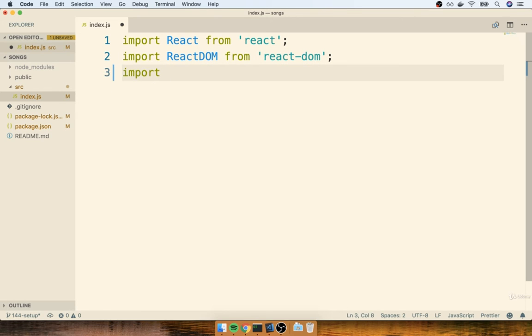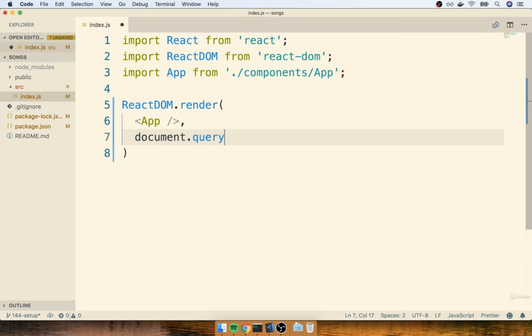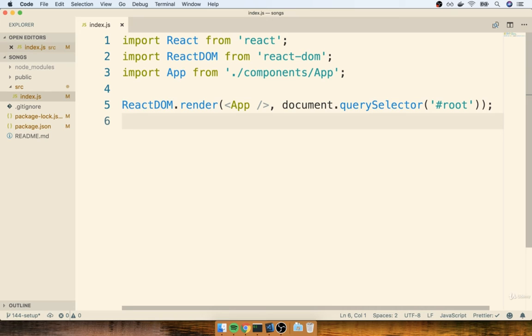And then we don't have an app component or an app file yet, but we're going to make it in just a second. So I'm going to imagine that it already exists, and I'll say import App from components/App, like so. And then at the bottom, we'll do the classic ReactDOM.render with our App and document.querySelector with root, like so. All right, so remember at this point, we don't have our app component put together. So if you flip back over to the browser, you're probably going to see an error message. So let's now very quickly create our app component.